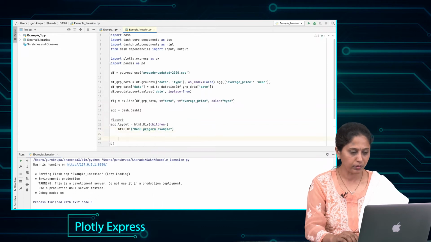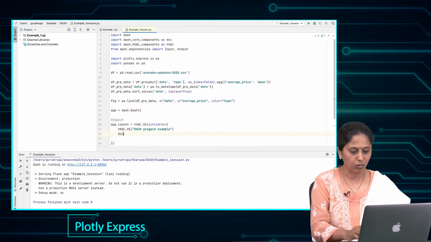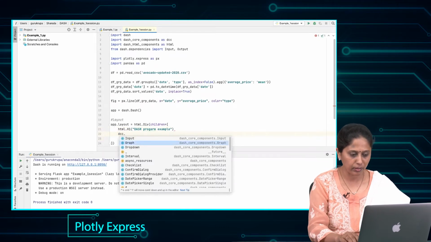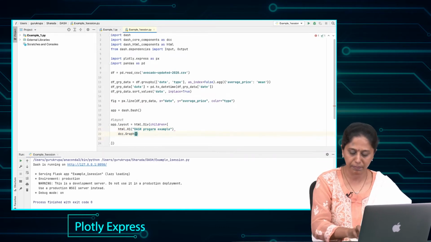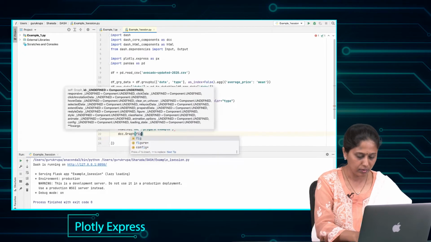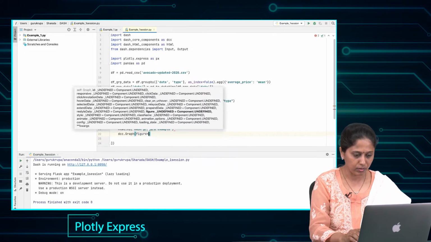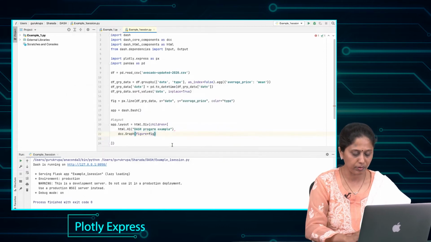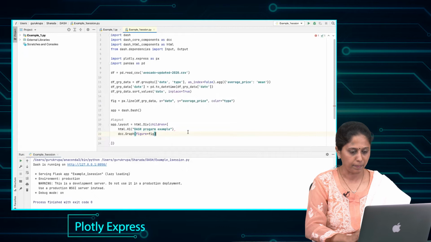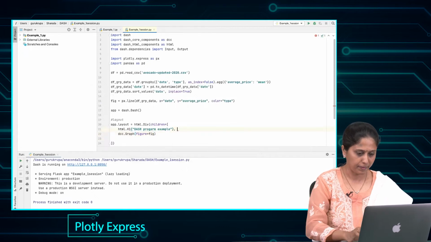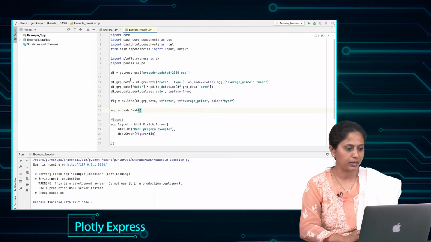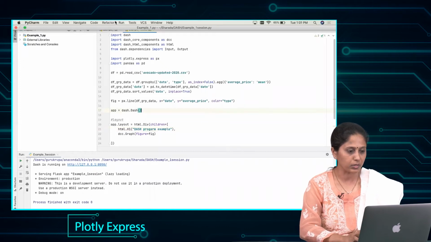To do that, we will use the Dash core component. We have the graph function and pass the figure value as the graph which we have created. So I have saved the file. Let us execute this file.